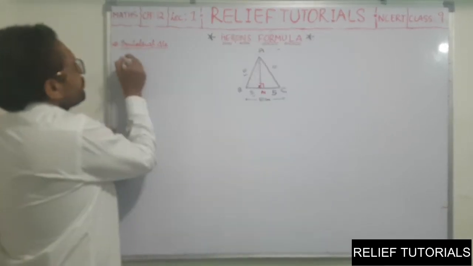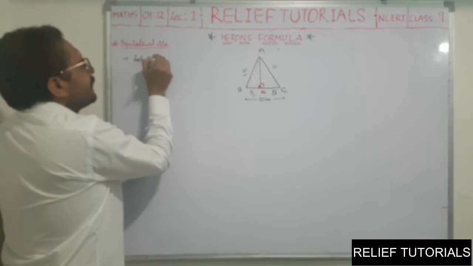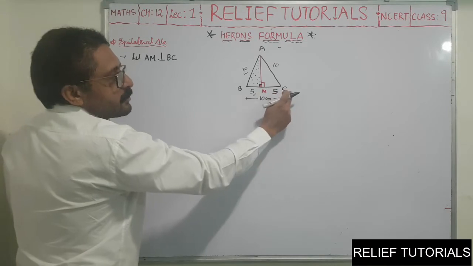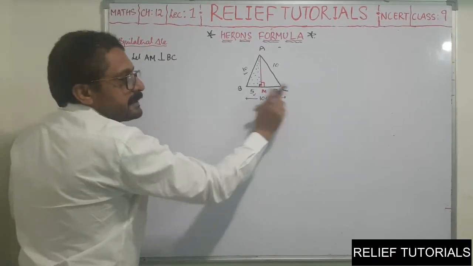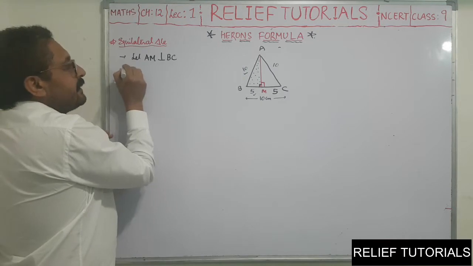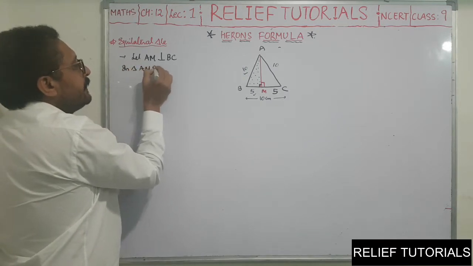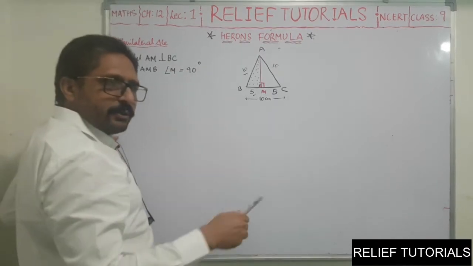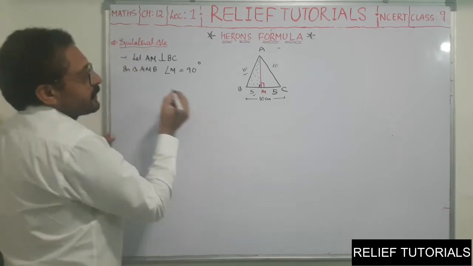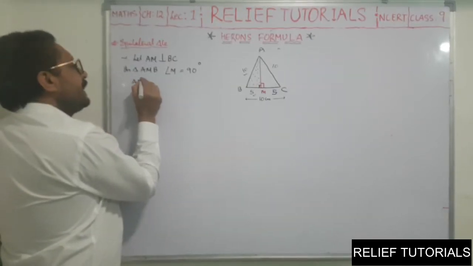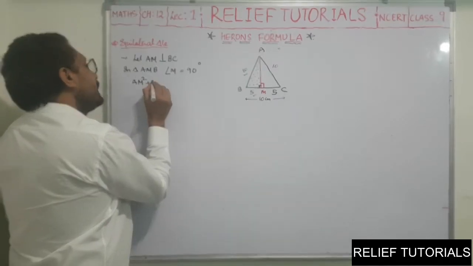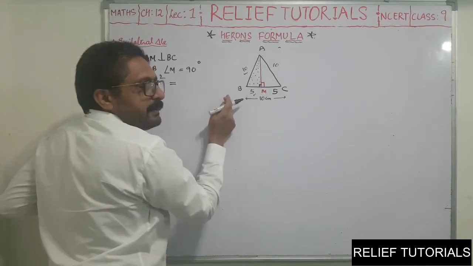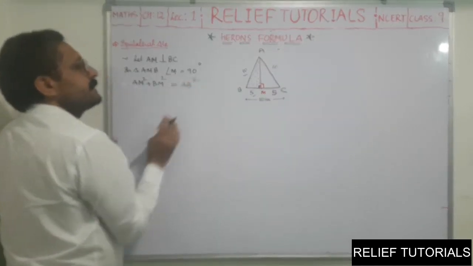See that. So I can say, let AM be perpendicular to BC. Therefore BM is equal to MC, which is half of BC, 5. Now in triangle AMB, angle M is equal to 90 degrees. So it is a right angle triangle, so you can apply Pythagoras. How? I can write this way: AM square plus BM square is equal to the square of the hypotenuse. This is 90 degrees, so the opposite side AB is the hypotenuse, equal to AB square.